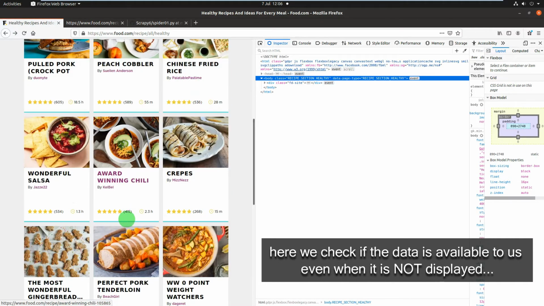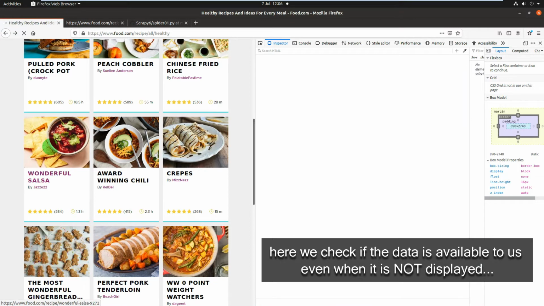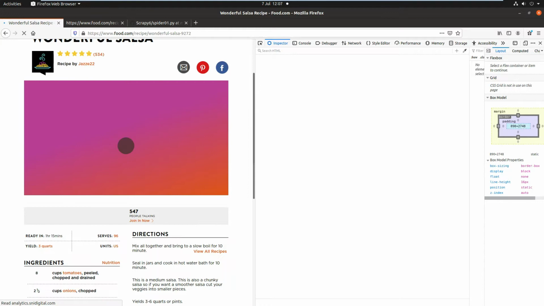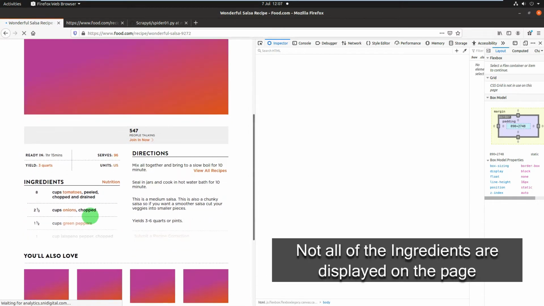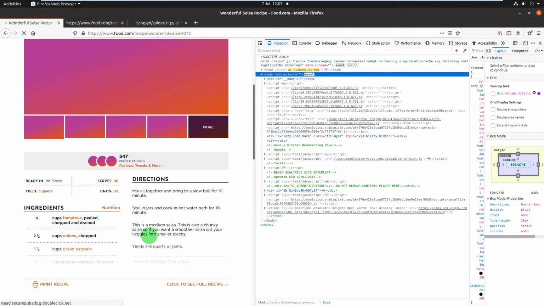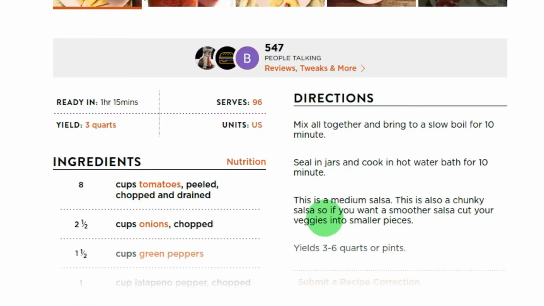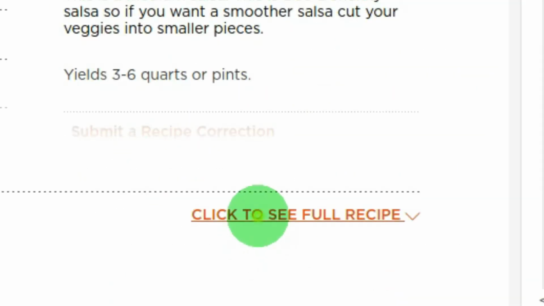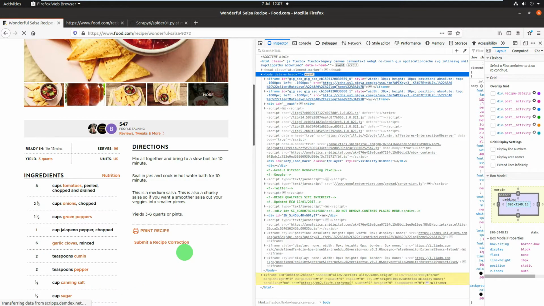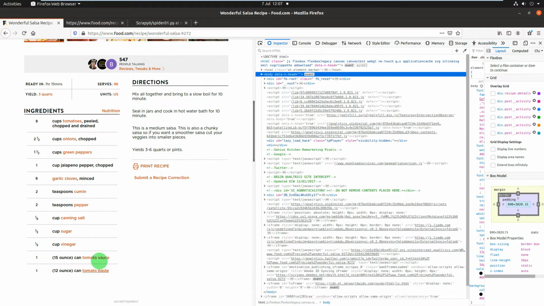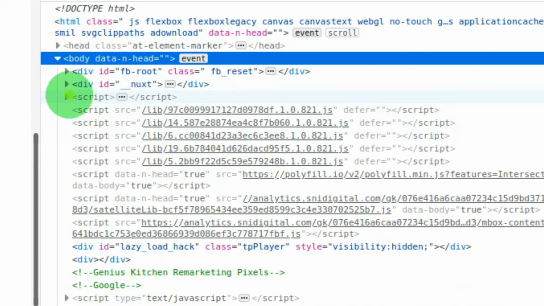clicked on, so to speak, and let's go to salsa, and what I'm looking for is one that's not fully displayed on the page, and we're already expecting it to be very similar to the directions, so let's just do see full recipe, and that's expanded it. And if we just scroll up, we'll look up here,